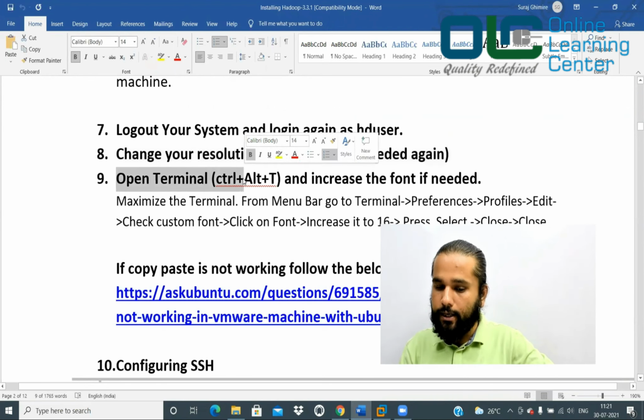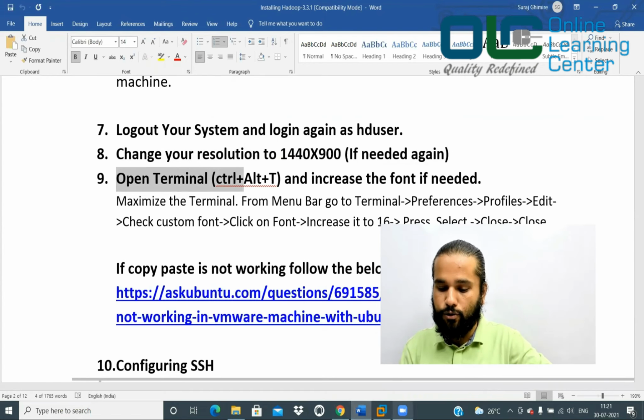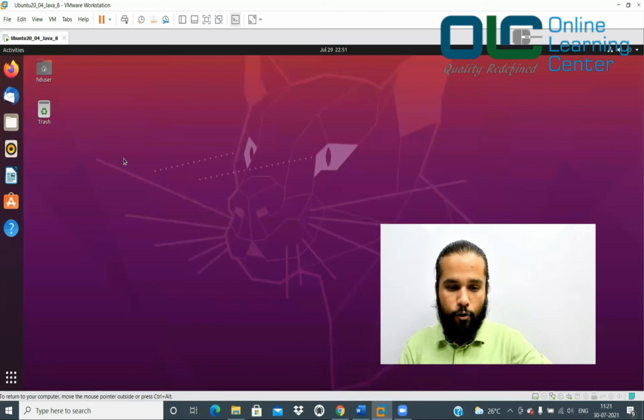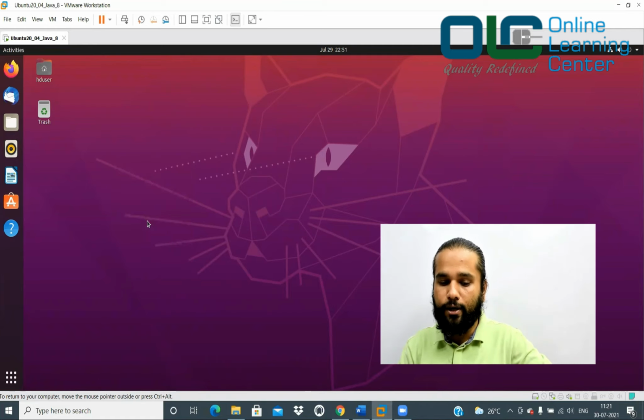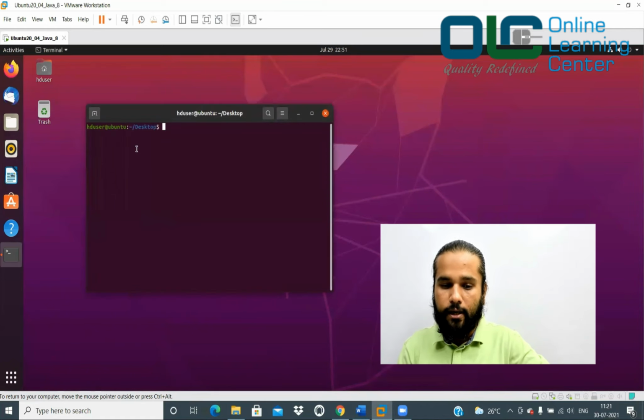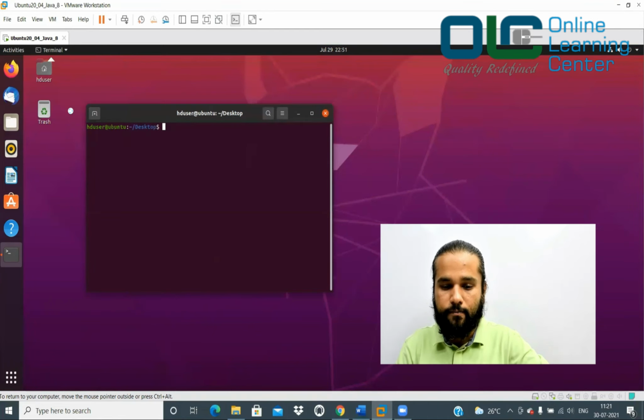Open a terminal again, Control Alt plus T and increase the font if required, right? So let's go back here and we'll open a terminal. You can right click here and also see open in terminal. You can also do that. Okay. Or otherwise you can use the shortcuts. And now it's a new account. So definitely, you know, the font would be low. And if you want to change the font, again, go here, terminal preferences, right?